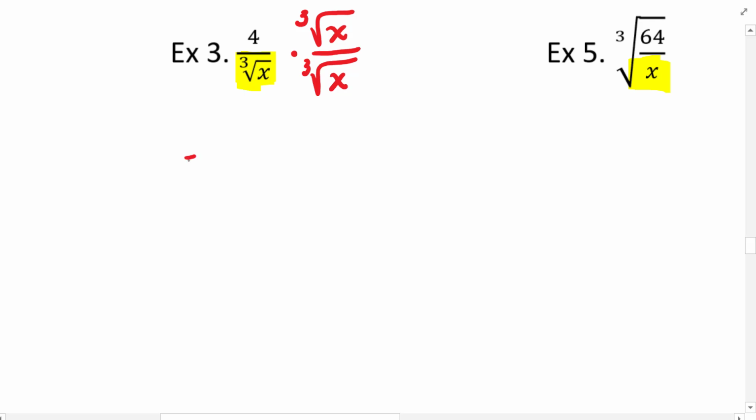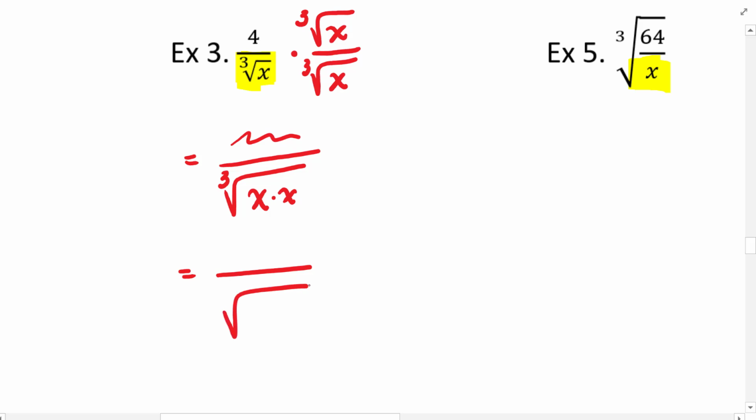Well, what will happen is the denominator is going to be cube root of x times x, and I don't even care what it is at the numerator, because I just want to have this conversation first. So x times x, it's x squared. So we notice that we cannot simplify this further,